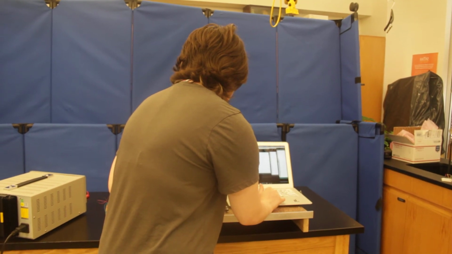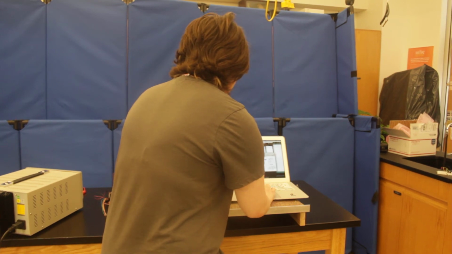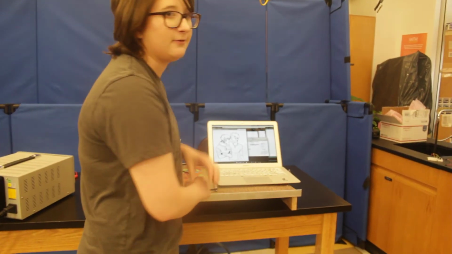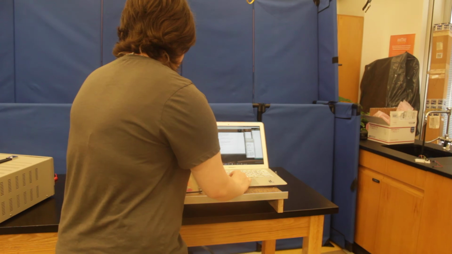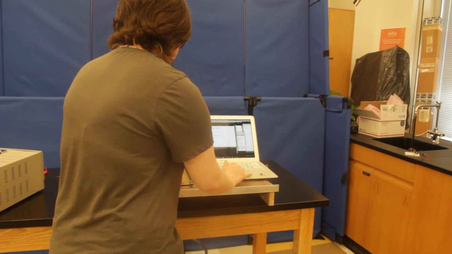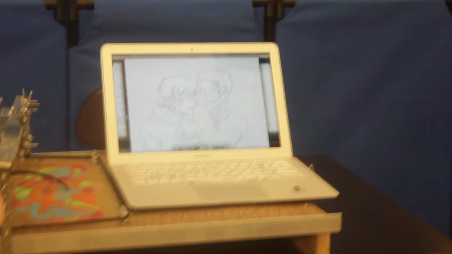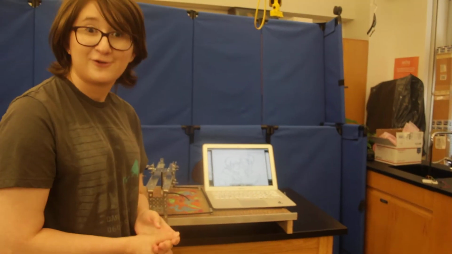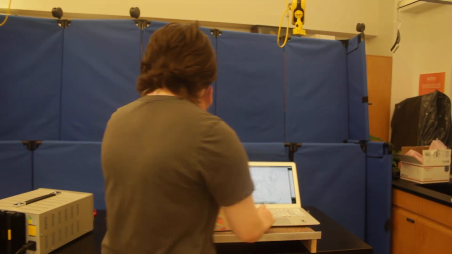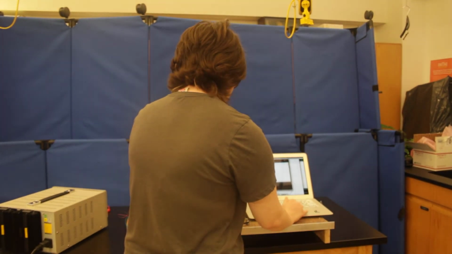So right now, the original file is a drawing that I drew of two characters from Voltron, and you can watch it turn that image into coordinates. So these are G-code coordinates, and my machine will be able to draw that. Originally, this is the second code I used. The original code